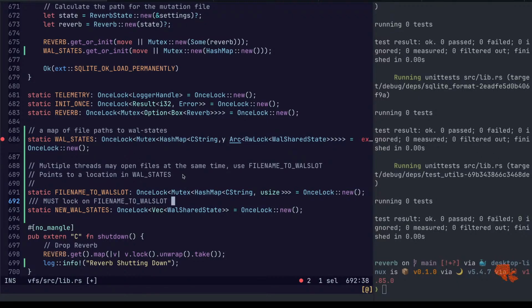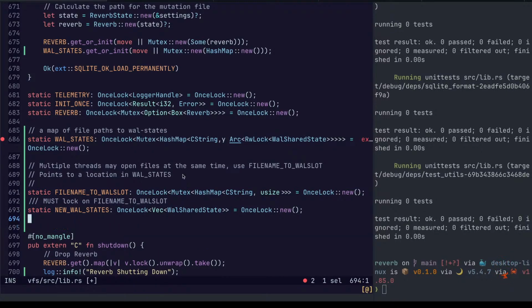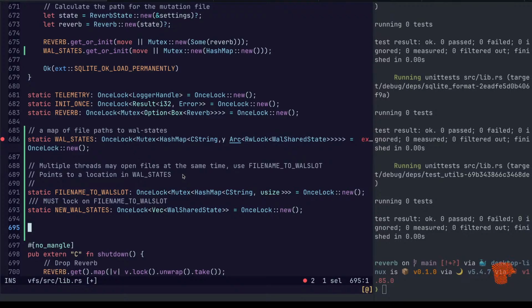So maybe these should be part of something else, right? Maybe we have some new structure and we hide this sort of complexity behind an interface.